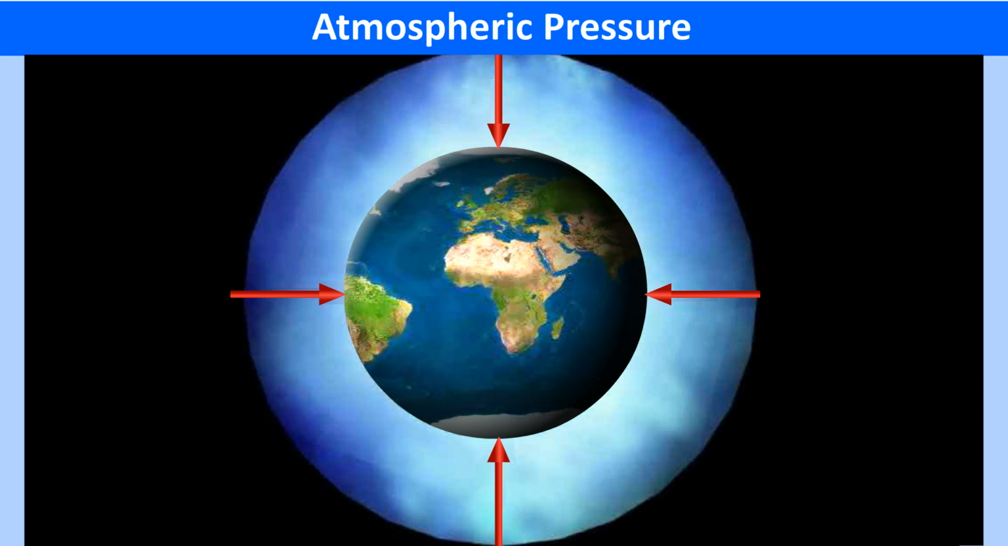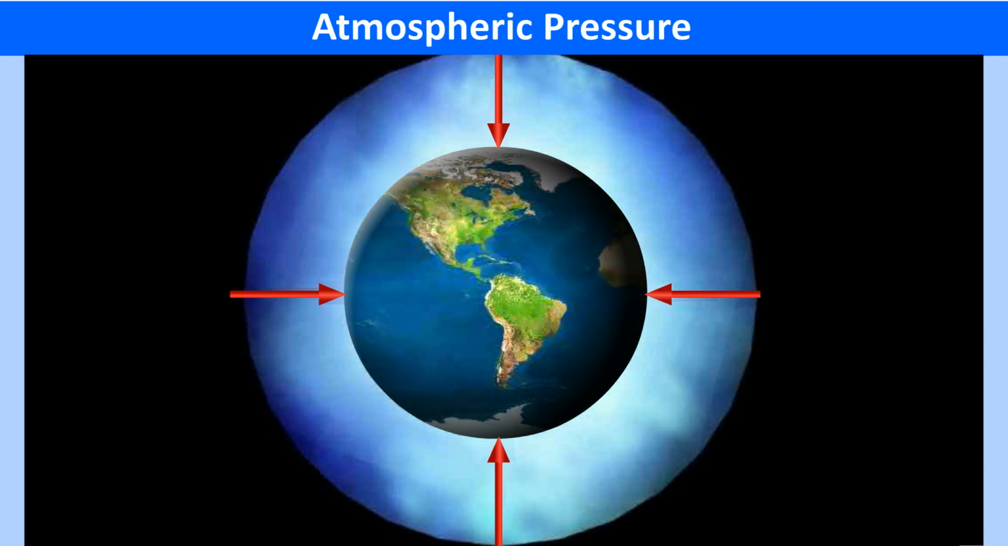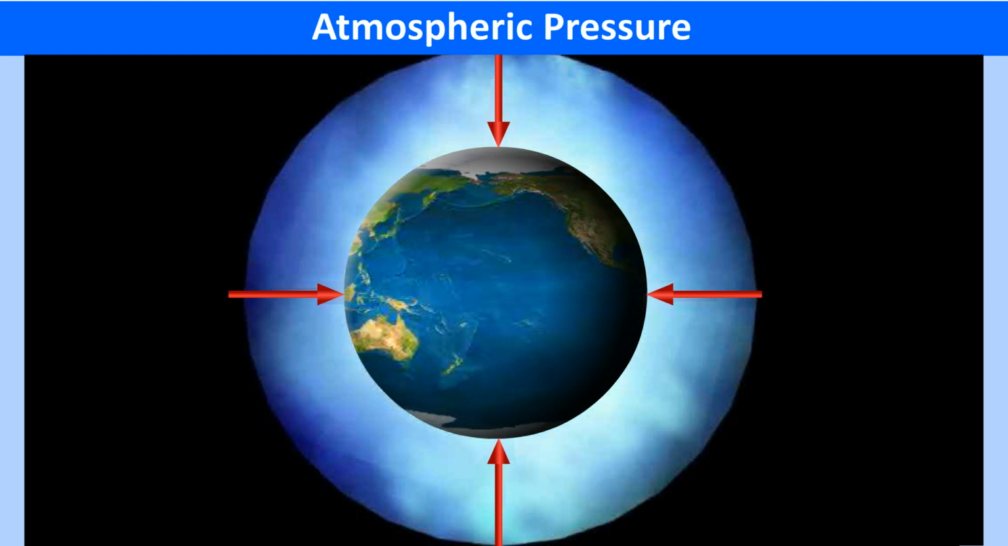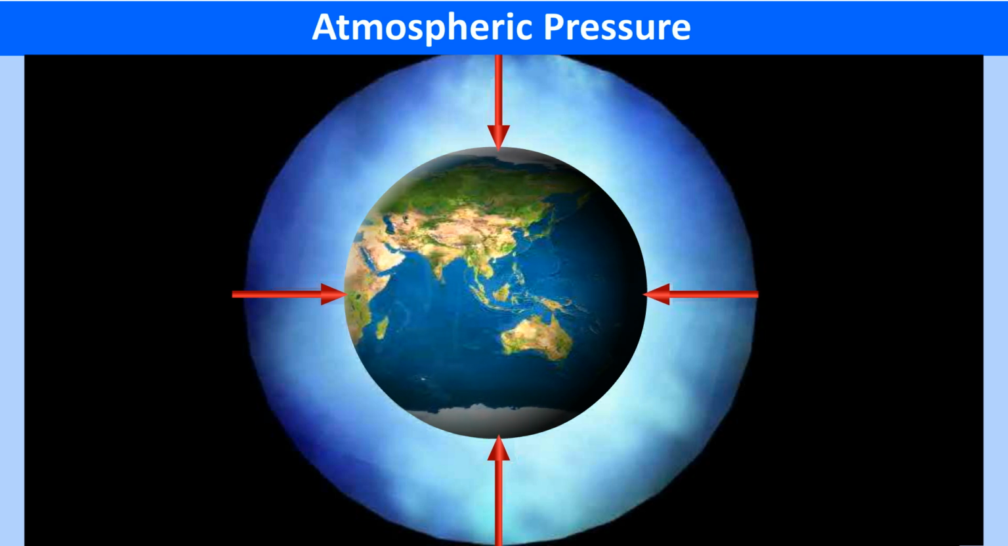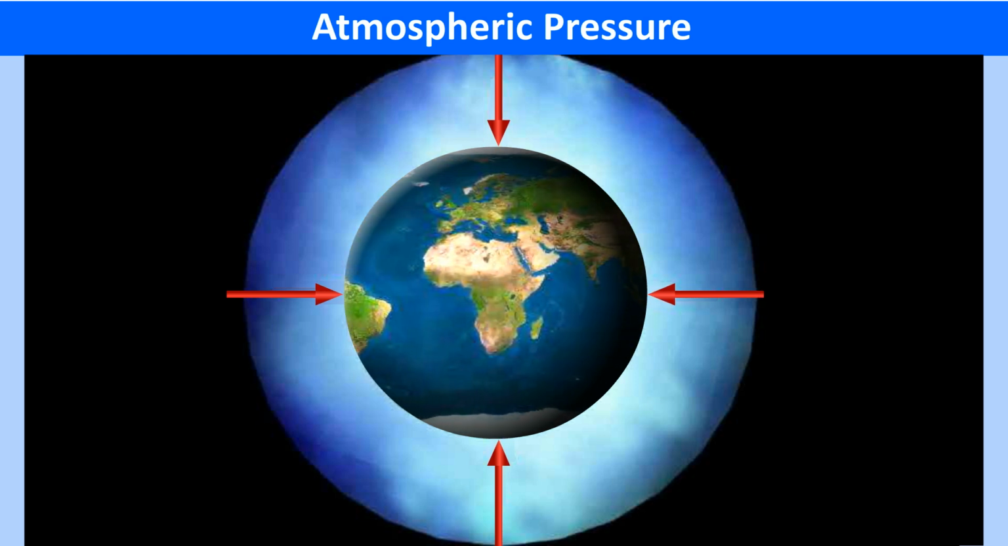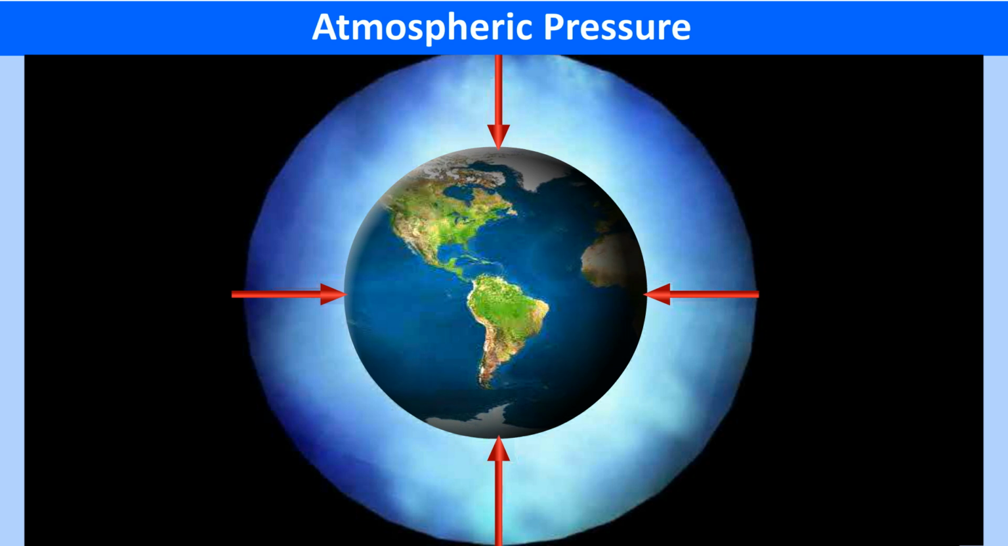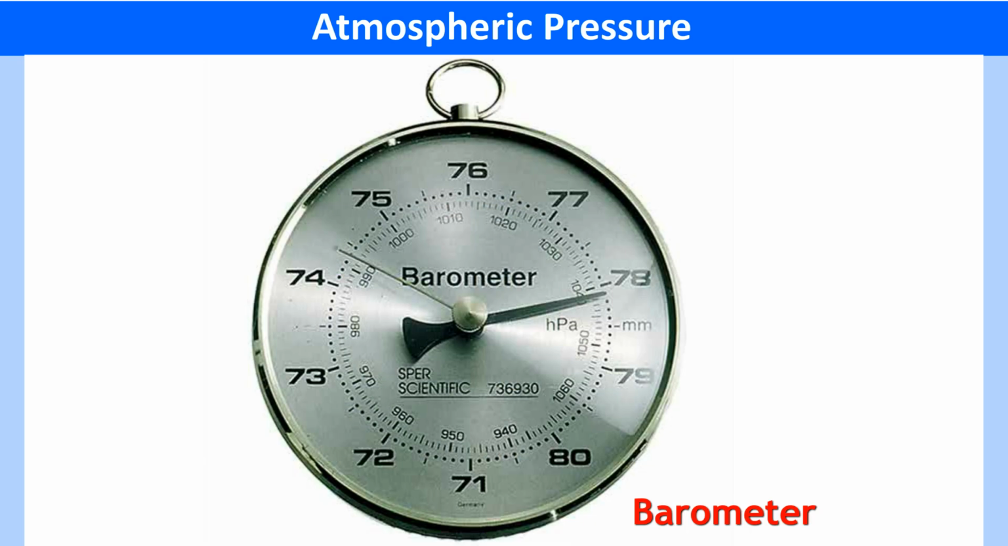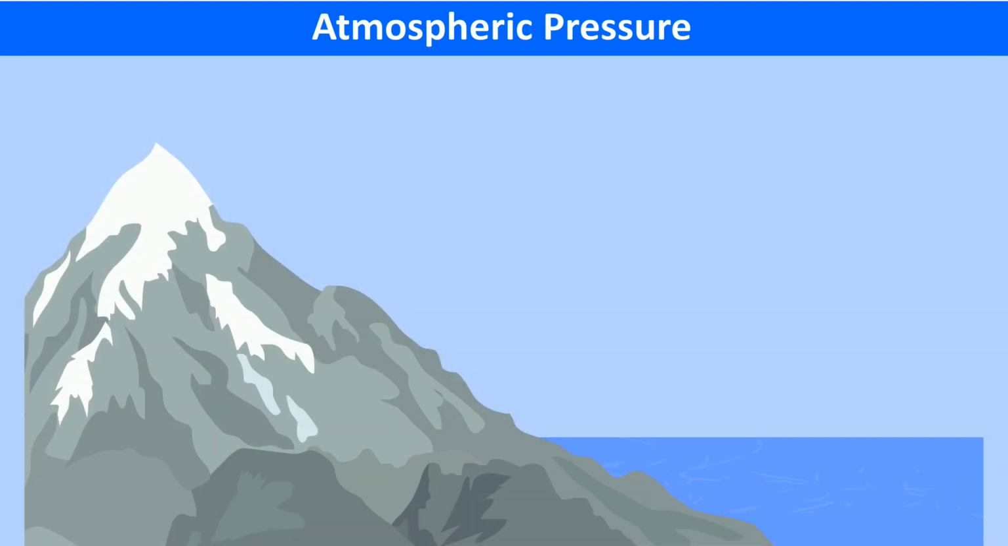Atmospheric pressure. The pressure exerted on the Earth's surface by the weight of the column of air surrounding us is known as atmospheric pressure or air pressure. Air pressure is expressed in units of millibars, MB, and is measured with a barometer. The normal atmospheric pressure at sea level is